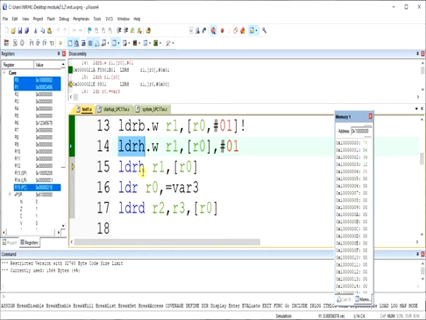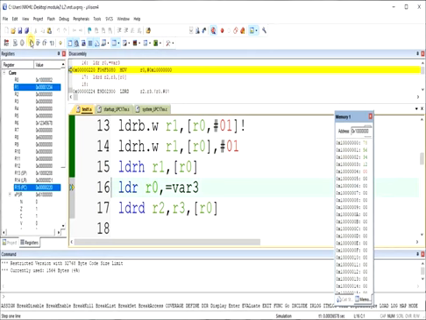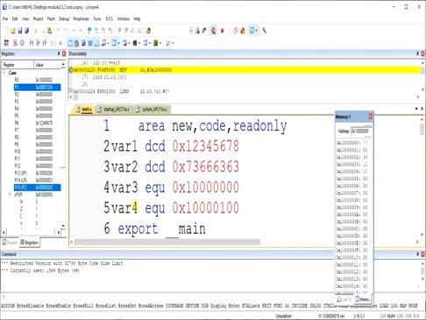Next, if I use a different one, LDRH R1 comma R0. Presently R0 is pointing at this location, this value 3 4, meaning this location 2. So a half word from there, you will see what will be loaded in R1. R1 is getting the content of 02 and 03, that is 3 4 and 1 2. So that is the half word. Now if I load LDR R0 equal to variable 3, we know what the variable 3 value is. It is this.